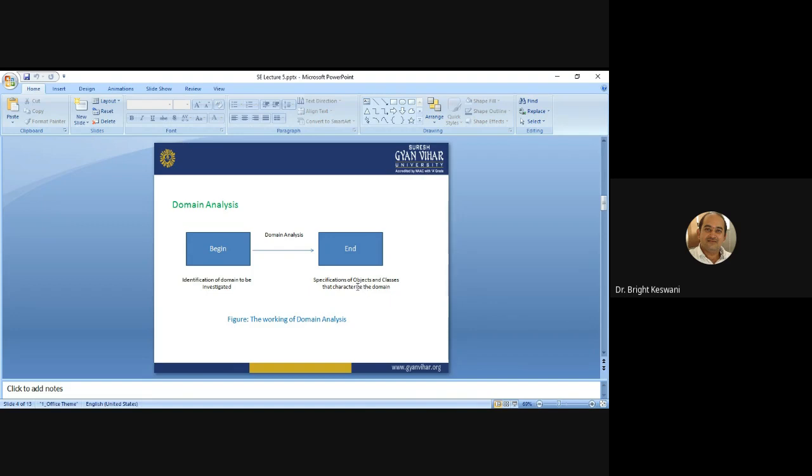So domain analysis begins with identifying the domain to be investigated, and after the analysis you end the activity by finding the specification of objects and classes that characterize the domain. This is all about the working of domain analysis.